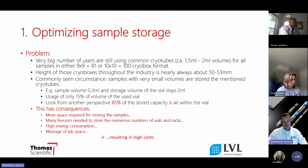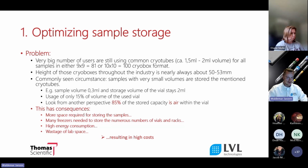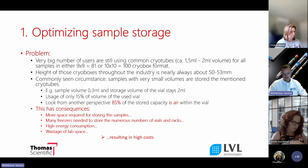And what we figured out over the years, and what our experience is, and also the feedback from the customers, because we are asking them, what kind of sample volume are you specifically working with? And in very many cases, we see that customers use way less than 1.5 and even way less than 2 milliliters, just because they are used to working with those formats. But in the end, it means that in a worst case condition, for example, if you would go for a sample that has only a requirement of being about 0.3 milliliters,